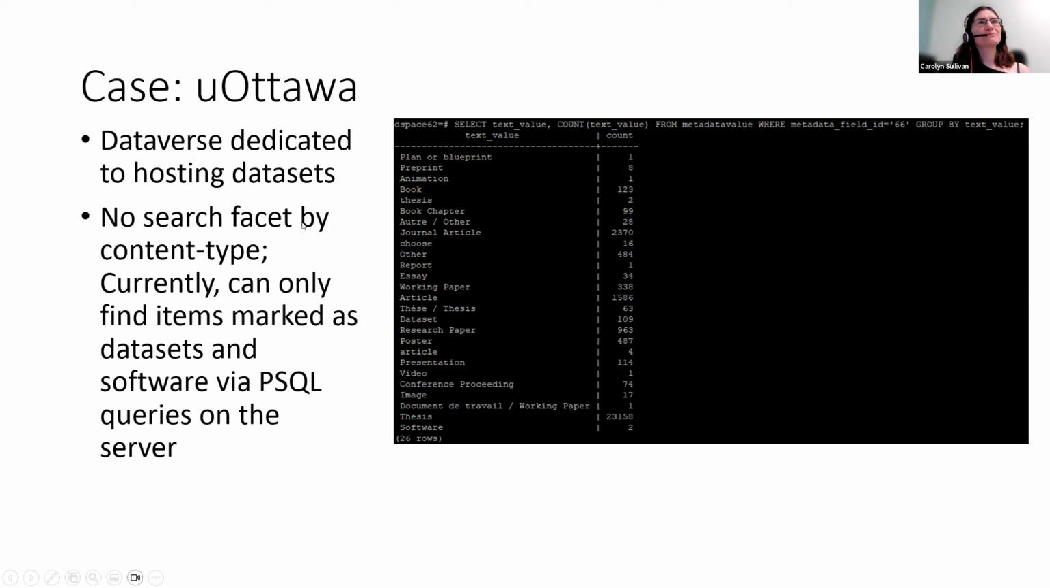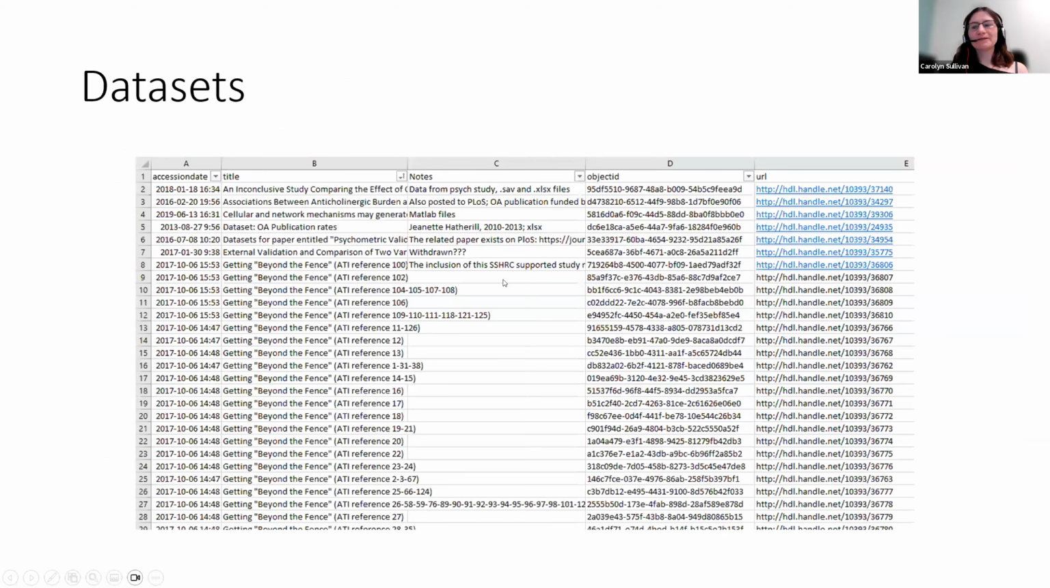And at this point, you'll also notice I had to do this on the server. It is possible to do a faceted search and configure that in DSpace to search by content type, but we haven't yet done that. And I'm not sure if many of us have created the configuration necessary to create faceted searches by content type in DSpace. But anyways,